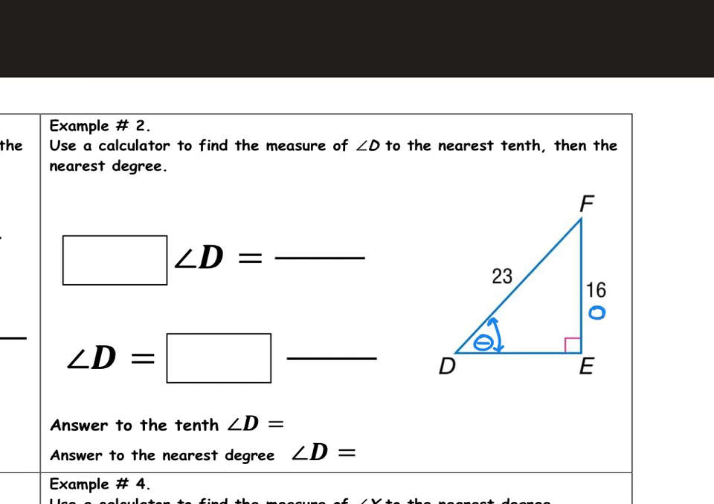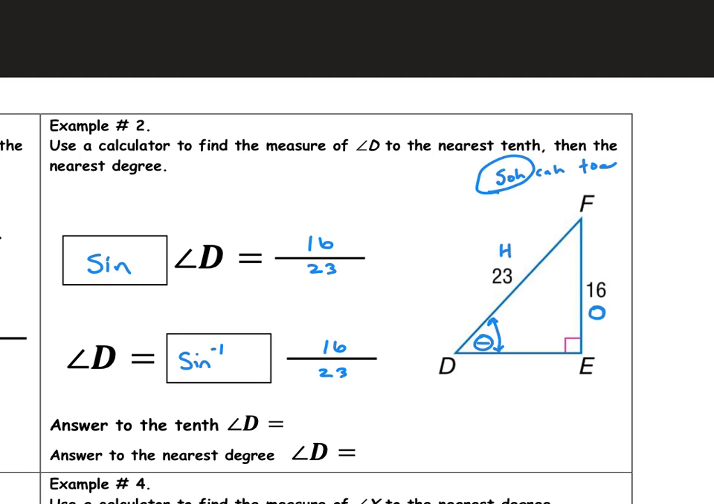This is O and this is H. So TOA. So I have O and H. That means I have to use the sine. So I'm going to say the sine of angle D is equal to 16/23. So angle D is equal to the inverse sine of